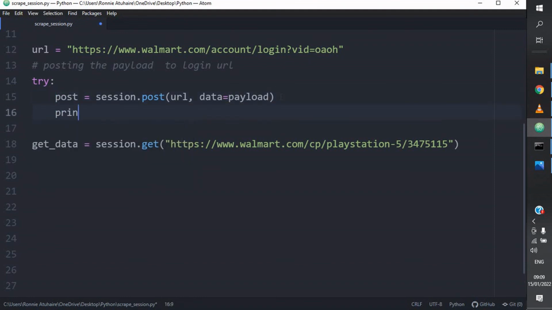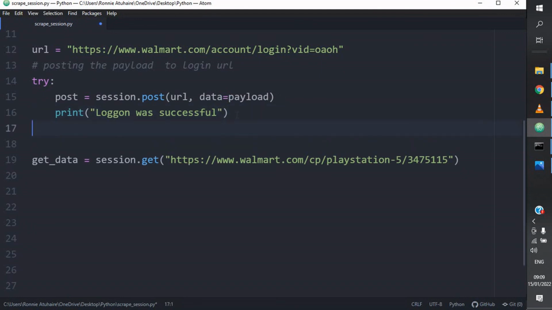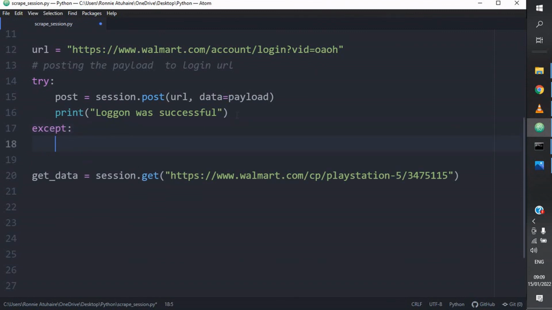If we are logged in, let's print logged in. Okay, you can say log on successful. I don't know if that is English. Then we can say except. If we failed to log in, let's print